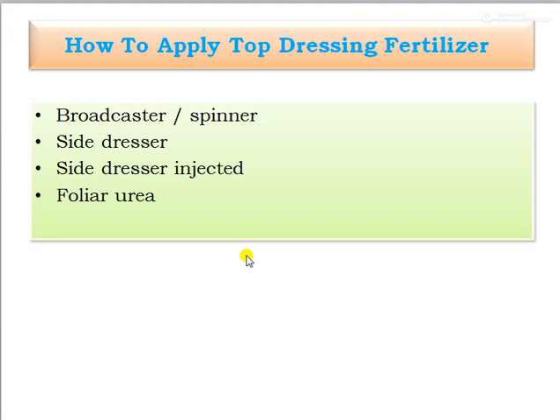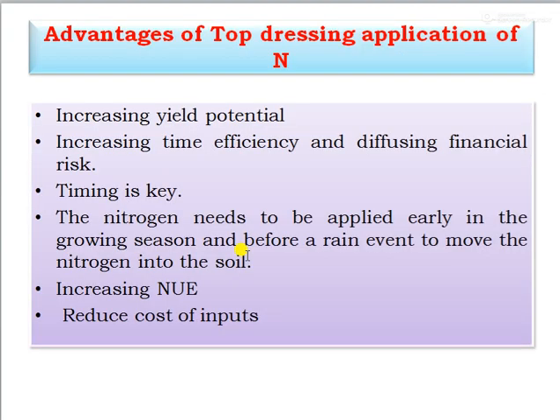Then foliar urea as a liquid solution. You have to prepare the urea solution, that is 1:1:1 or 1:2:1 proportion, and spray it on the crop foliage at the critical value of 3 to 5%. If the concentration of the solution is more than 3%, it will cause scorching or burning of the plants. That is the standard or appropriate concentration of nitrogen solution recommended as foliage spray, that is 3 to 5%. That is the biuret percentage of nitrogen.